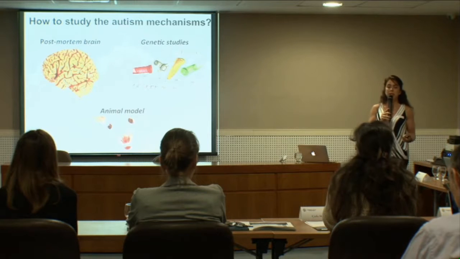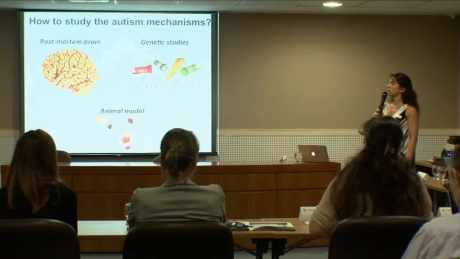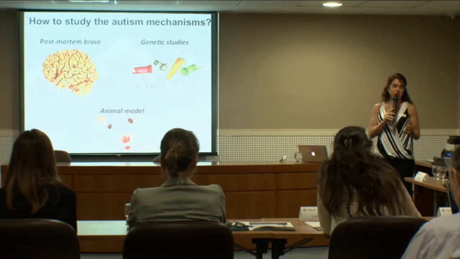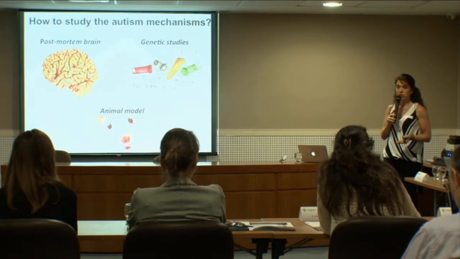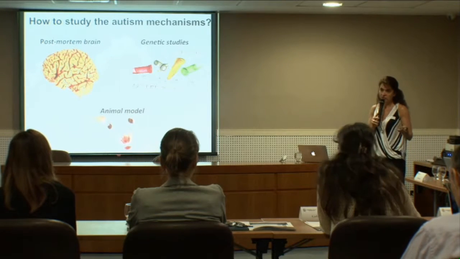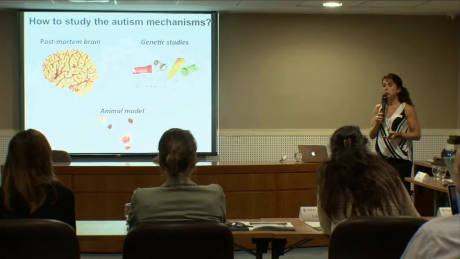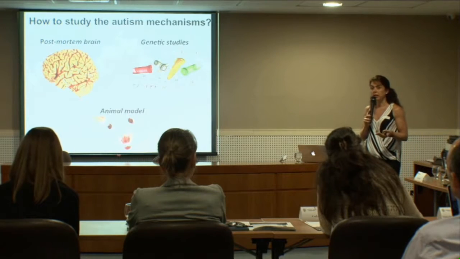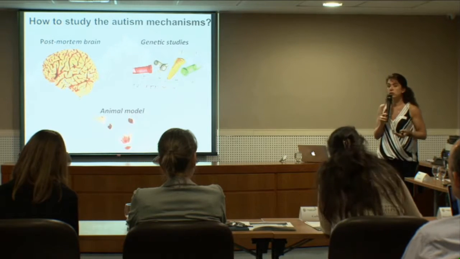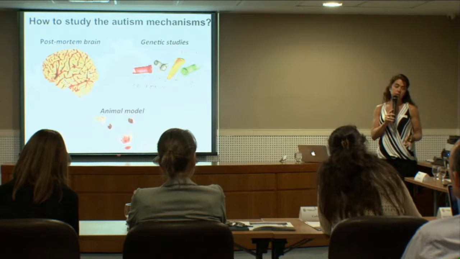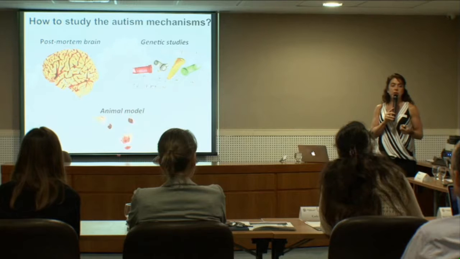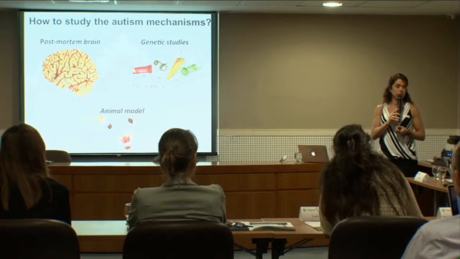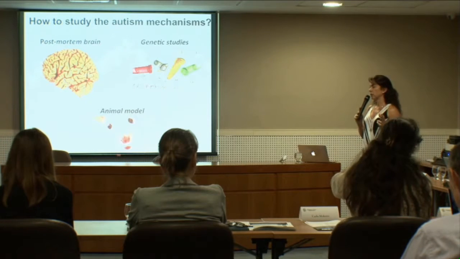And we have many ways to study autism, right? We can use post-mortem brain, which is a good model. It's hard to say something like that, but it's important to donate our organs for research. This is really important. We have some really relevant contributions from that, but the brain is a fixed tissue, so we cannot gain any insights about the communication between the cells. It's important, but it's a static model, right?